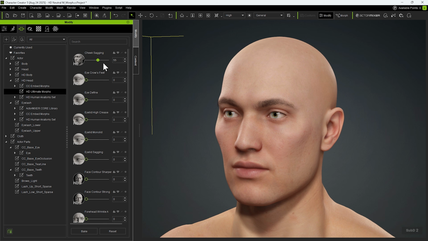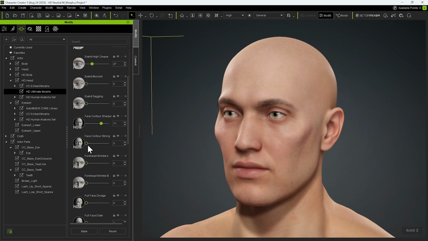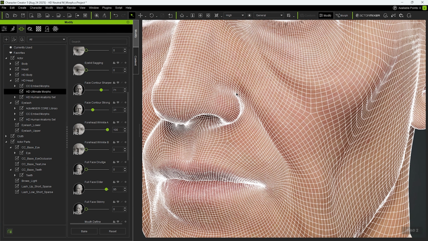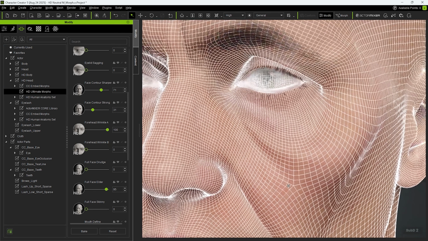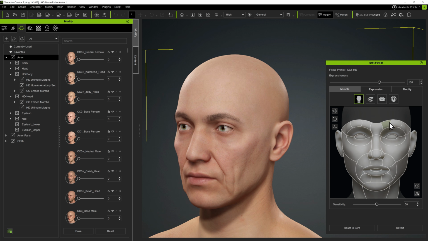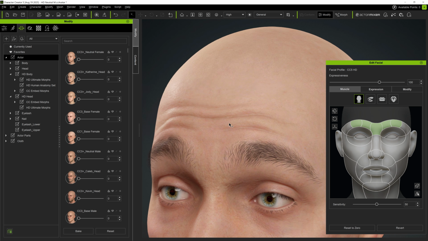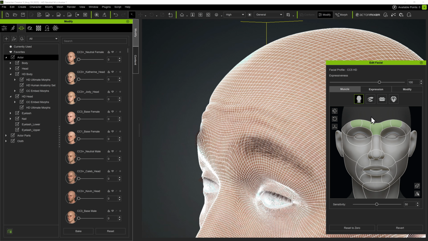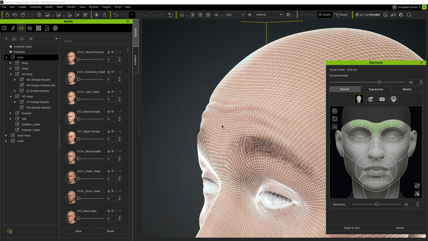Here, you can refine the face contour, add wrinkles, or even apply an elderly look for a dramatic effect. These HD morphs follow the character's underlying topology, ensuring the highest quality and smoothness. And the details aren't just static, they also carry over into expressions. To see this in action, open Edit Facial from the Modify menu. Select the forehead control area and drag upward to create wrinkles across the forehead. Thanks to the dense geometry, these wrinkle folds are reproduced with remarkable accuracy, making your character's expressions look far more